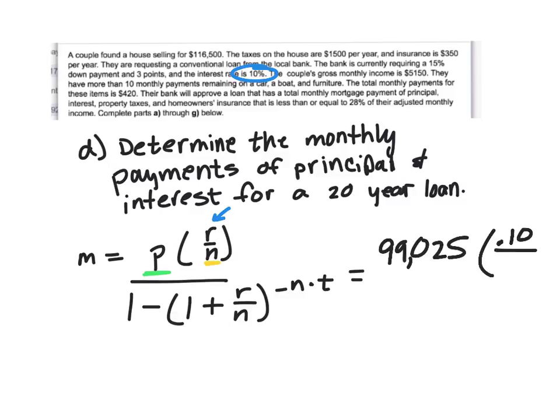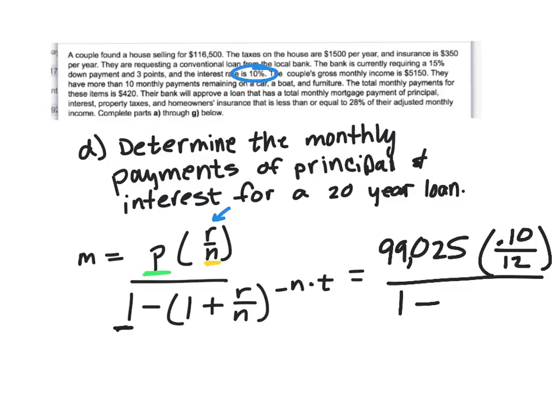The N in the formula is the number of mortgage payments per year. Obviously, you pay your mortgage every month, so that means that N is going to be replaced with a 12, because there are 12 months in a year, which means that you're going to make 12 mortgage payments. So I've substituted everything into the top. In the denominator, or the bottom of the formula, that 1 simply is still a 1. So 1 minus,